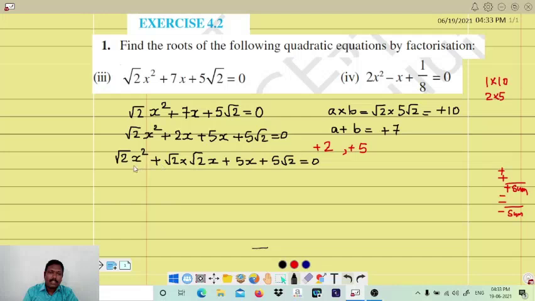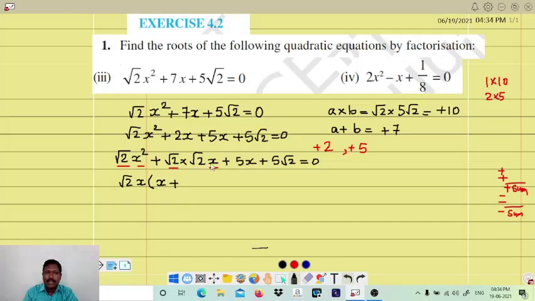Okay, so what is common in these two? Root 2 is common and x is also common. You can see here root 2 and x, here root 2, here also we have root 2, here x square we have, here we have x. So root 2x we can take common. So root 2x into, see here root 2 and 1x we have taken. So what is left there? x will be left there. Okay, so root 2x into x